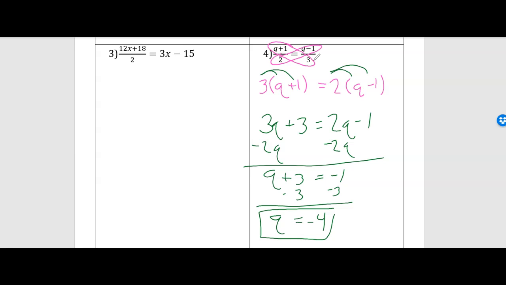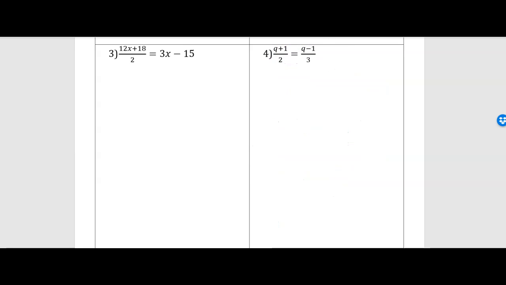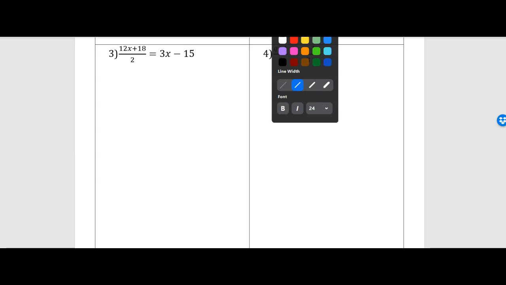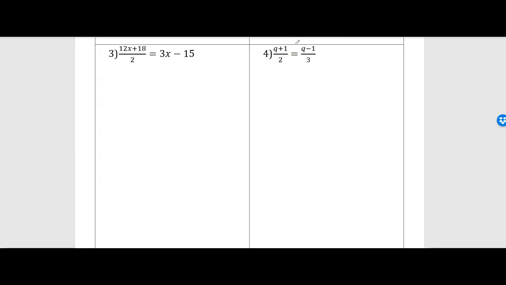I'm now going to quickly show you another way. So if you forget what cross multiplying is, if you forget how to do it, you can still solve this problem. You just need to choose which denominator to simplify first. I'm going to choose the one on the left. So I'm going to multiply both sides by 2. Okay, so that's going to simplify over here. So I'm going to get q plus 1